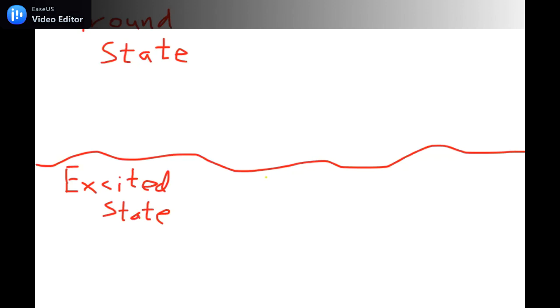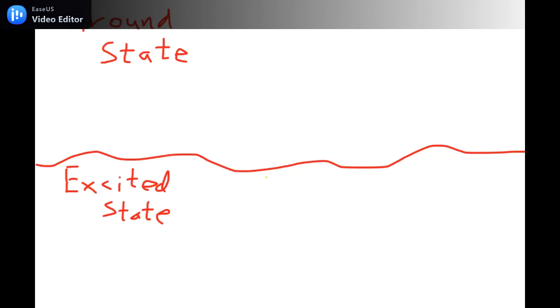Now, what is ground state and excited state? What happens is that when we provide energy to an element, an electron is transferred from a low energy orbital to a high energy orbital. So that brings the element into its excited state. Otherwise, it's always in its ground state. So the normal